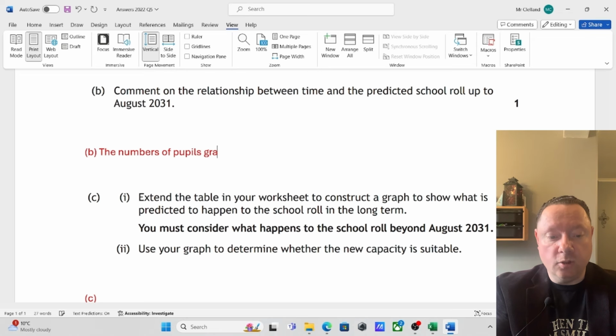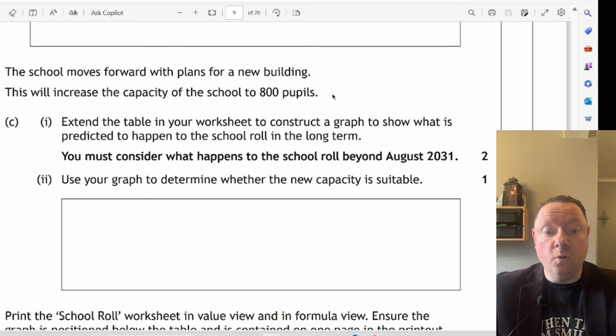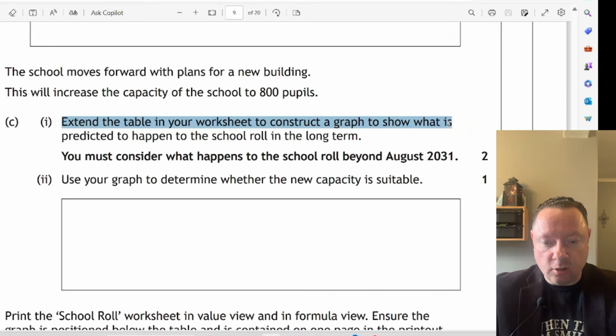So the number of pupils gradually increases each year. The school moves forward with plans for a new building. This will increase the capacity to 800 pupils. Extend the table on your worksheet to construct a graph to show what is predicted to happen to the school roll in the long term. You must consider what happens beyond August 2031 and then use your graph to determine whether the new capacity is